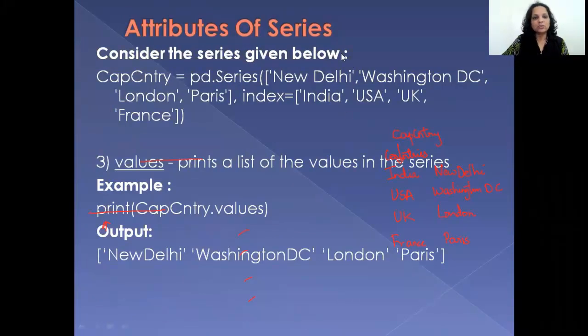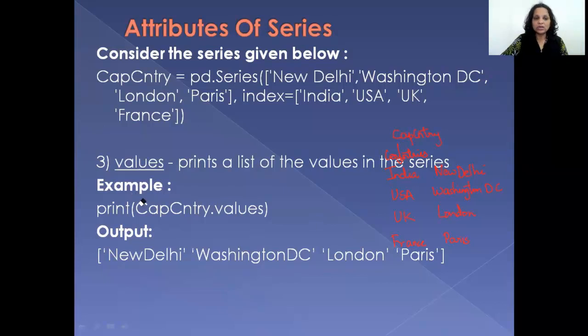And the next attribute is values. Okay, now what does the values attribute do? Values attribute is easy. It will display the list of values in the series. What are the values you are storing? I told you, in a series, you have one column of values and an index associated with it, either positional index or labeled index. So here, it's only going to be picking up the values and presenting it to you as a list.